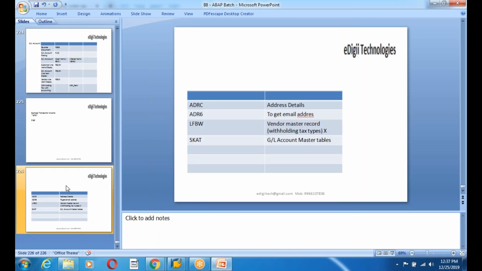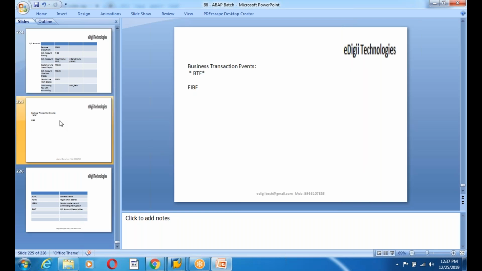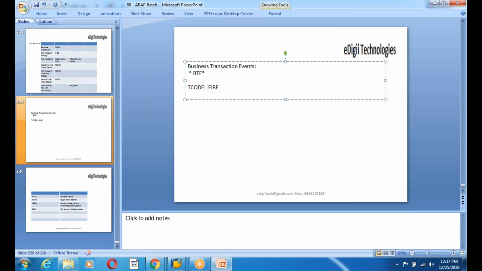As part of the enhancements, we have seen the user exits, customer exits, BAdIs, and the enhancement framework with implicit and explicit enhancement. Today we are going to see the business transaction events. The transaction code is FIBF. FIBF. Okay, here my requirement is